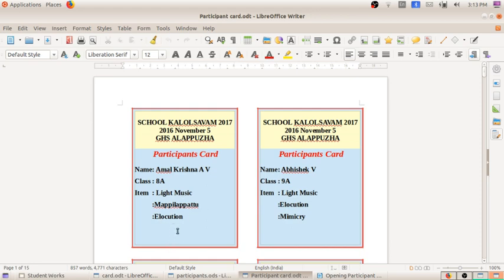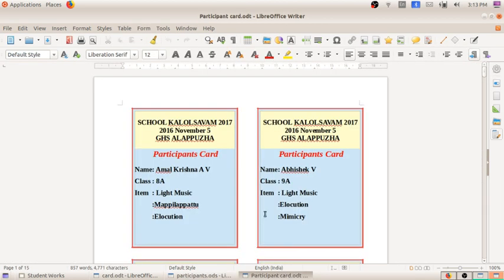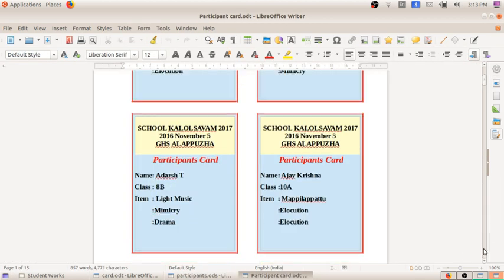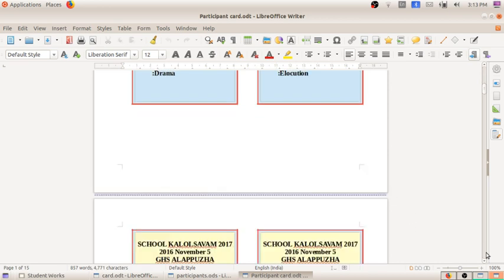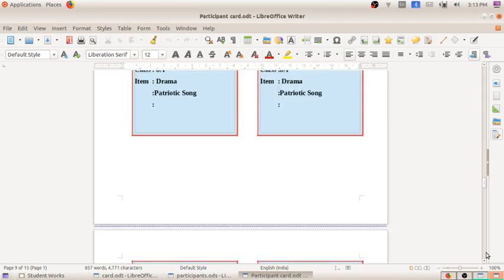What all are the items which he has participated in? You can see the participants' names also. Amal Krishna, Abhishek, Adarsh, Ajay. In the same way we got Abhishek here, Adarsh here, Ajay Krishna here. How many participants are there? We got the list of the whole participants.